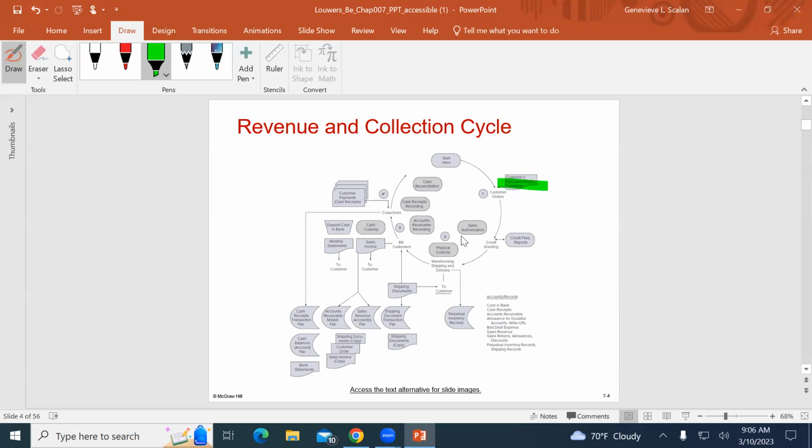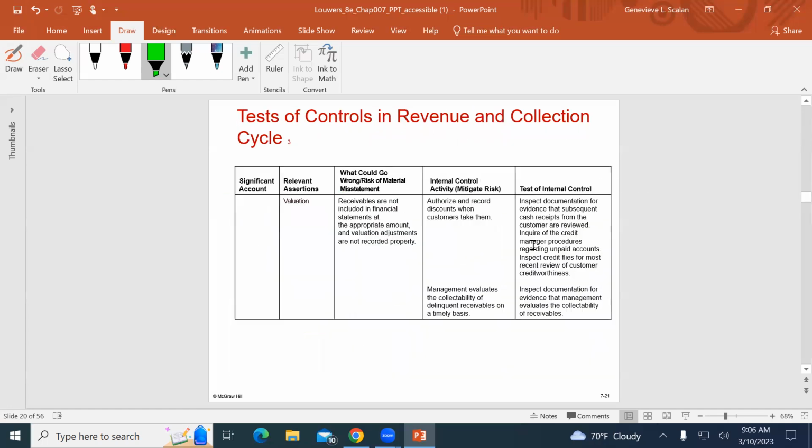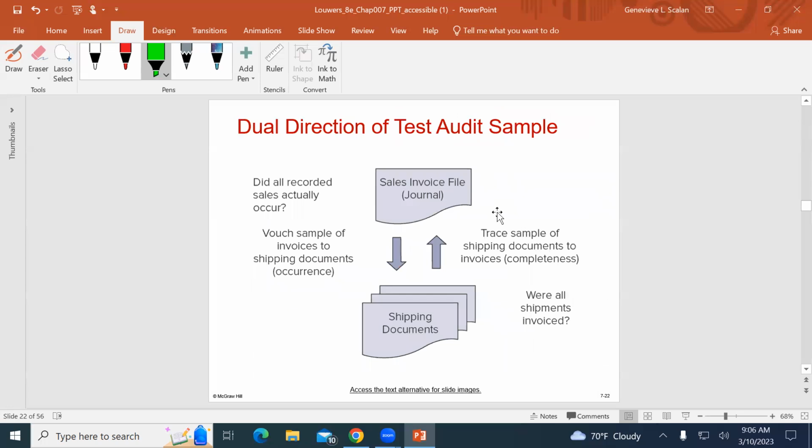That purchase order probably has an authorization, right? There's shipping documents. Okay, let's ship that. Well, now we've shipped it, let's invoice it, right? Then we collect the cash, right? So there's documents we can check on, right? So when we're checking documents, it's important to understand